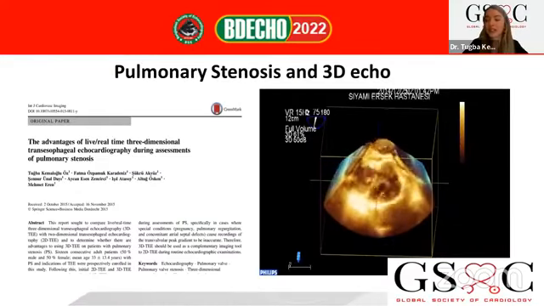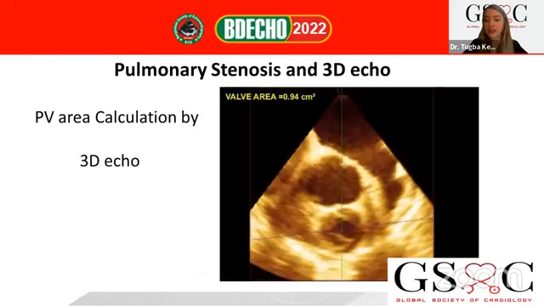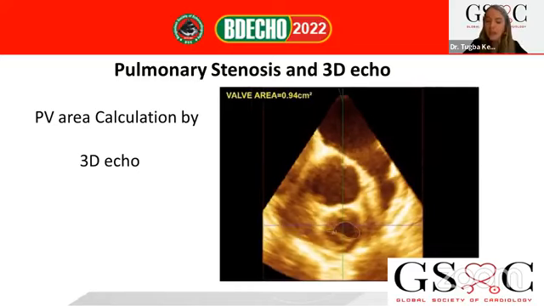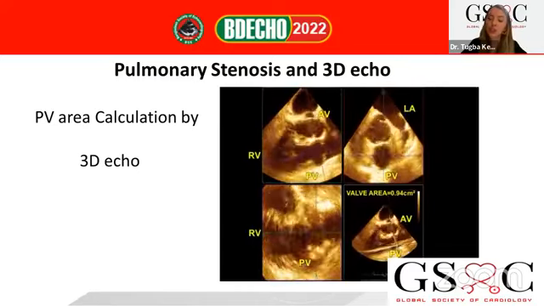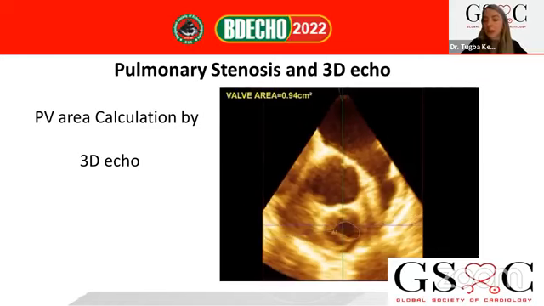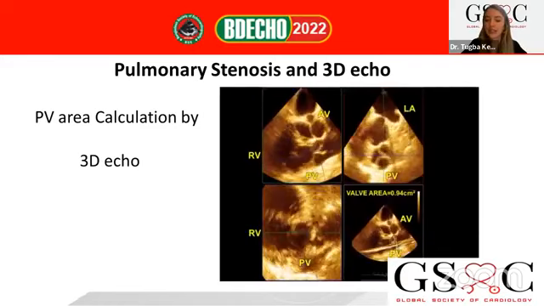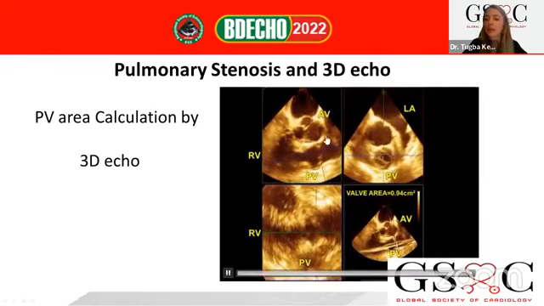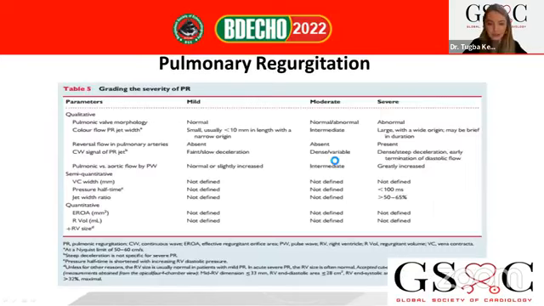Based on our study, we show that when we are using 3D valve area, 50% of patients' destiny can be changed, and we shouldn't trust transvalvular pressure gradient or maximal velocity. We should use FlexiSlice or MPR modes to get the right pulmonary valve area. As you see in this case, the cut plane must go through the edges of the leaflets.